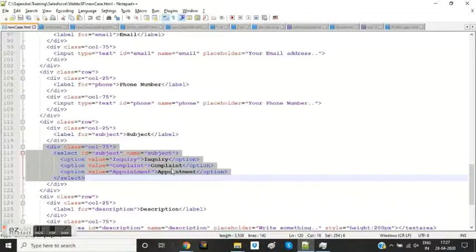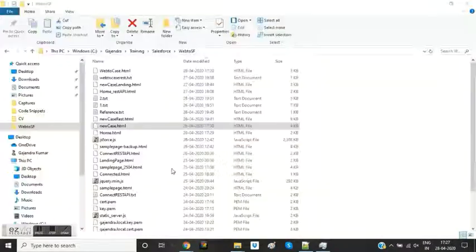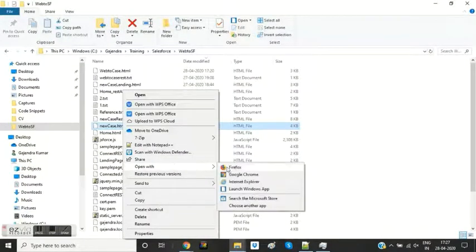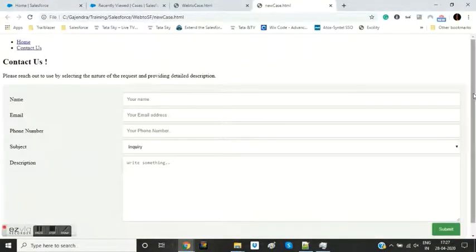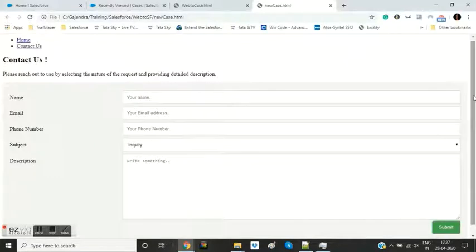Now let me open this new HTML instead of the web2case HTML. This will be the form which we are going to put into the website for customers to submit cases.